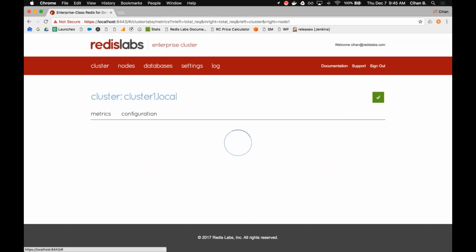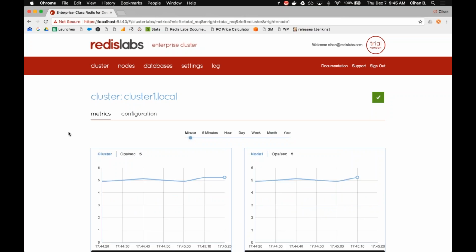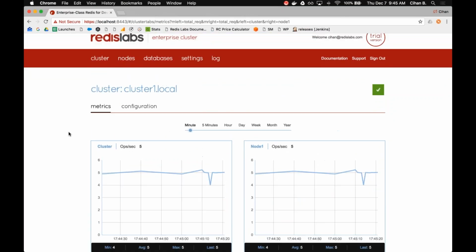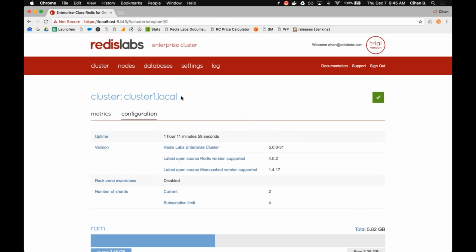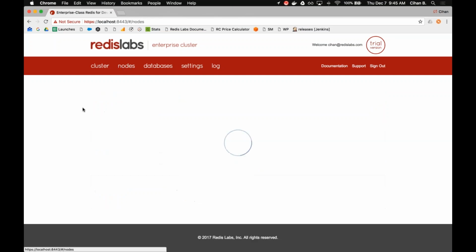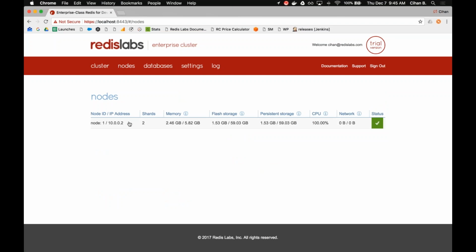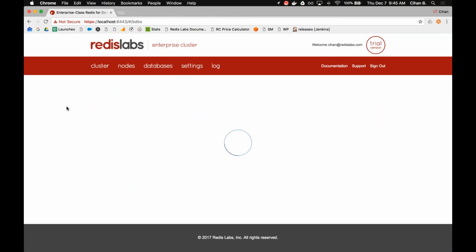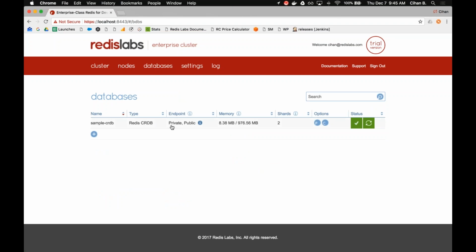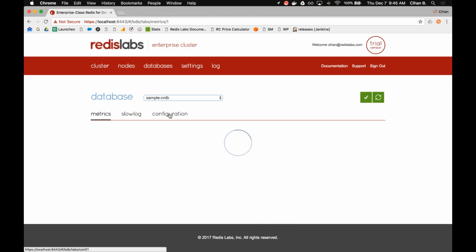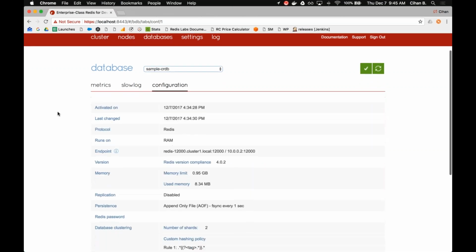So here is a quick picture of what a Redis Enterprise cluster looks like. If you look at the configuration, this is called cluster1.local. It's running our Redis Enterprise 5.0 version, and it just has this one node. This UI gives you a good overview quickly of how things operate. Just want to show you this Redis database that is locally exposed